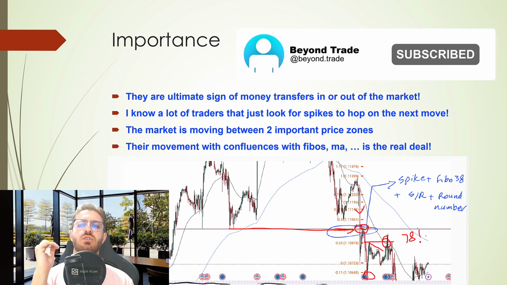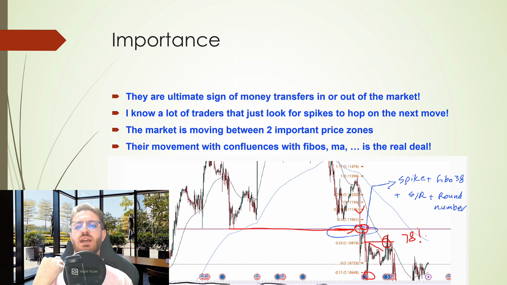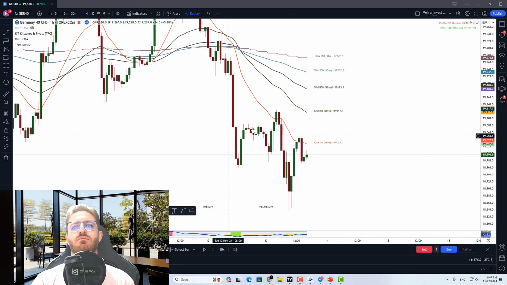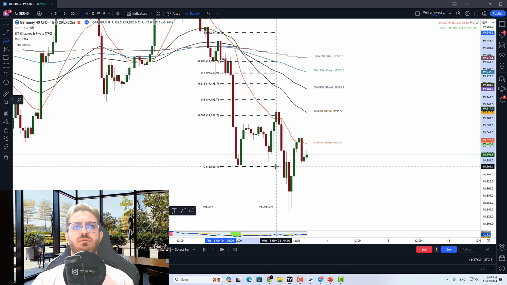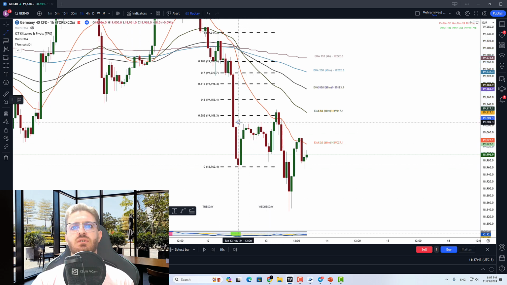So when you look for the spikes, you are looking at the right direction of the market. And when you are looking at confluences and sessions, you are looking at the exact price and exact time that you can hop on that movement. For example, here I have my moving averages open. You can see that we have a Fibonacci level of more than 50%. No, it's 38%. Plus our liquidity point here,